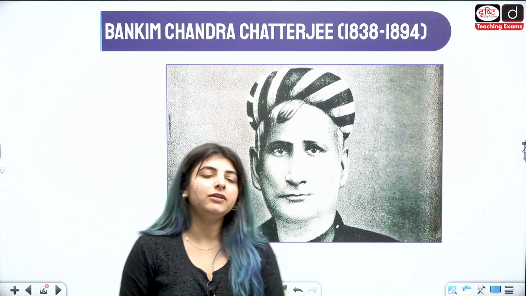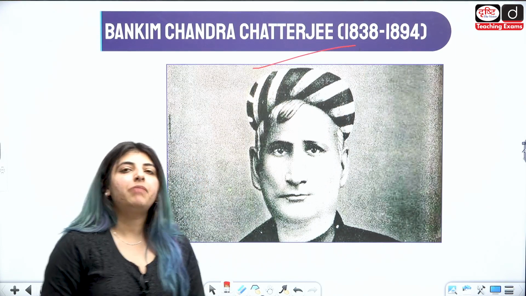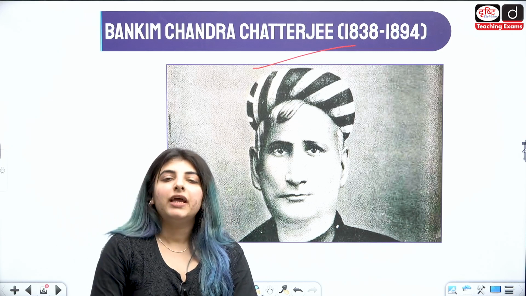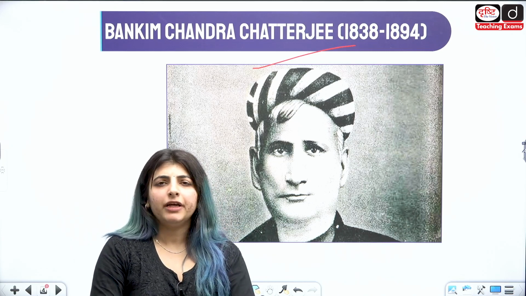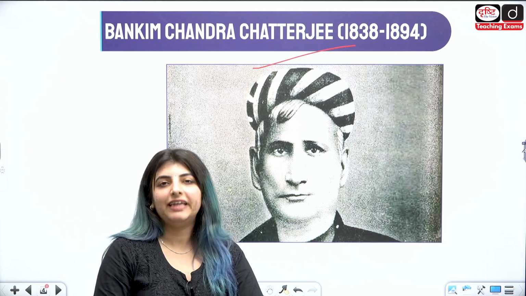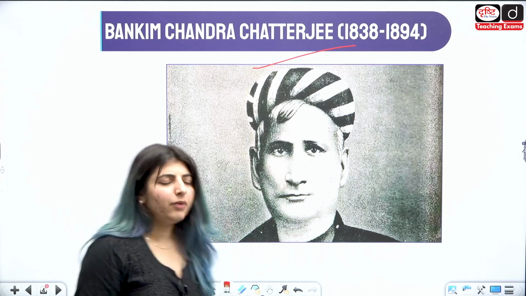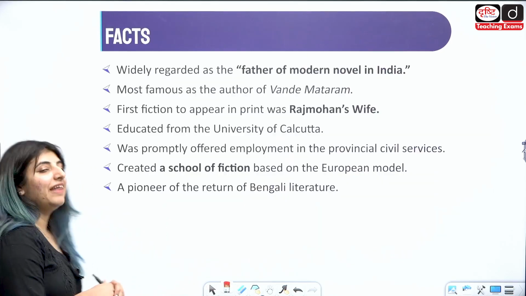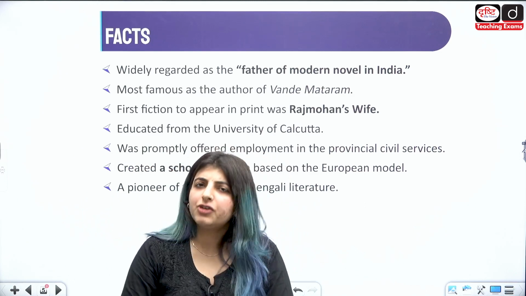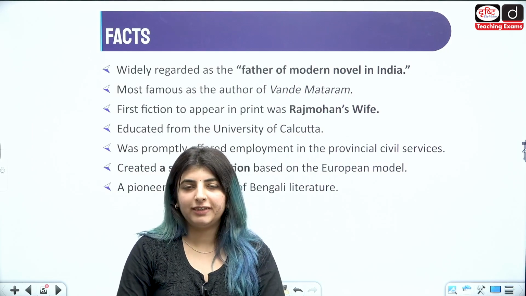So he was a person who was born in the year 1838 in West Bengal and he passed away in 1894. If we try to talk about, he passed away in Kolkata, right? So this was some brief detail about the time span that he lived in, where he was born and where he died. Now if we move forward, we need to know one more thing, and there are several facts that are also there. Which of course are pretty much important as far as your UGC NET preparation is concerned.